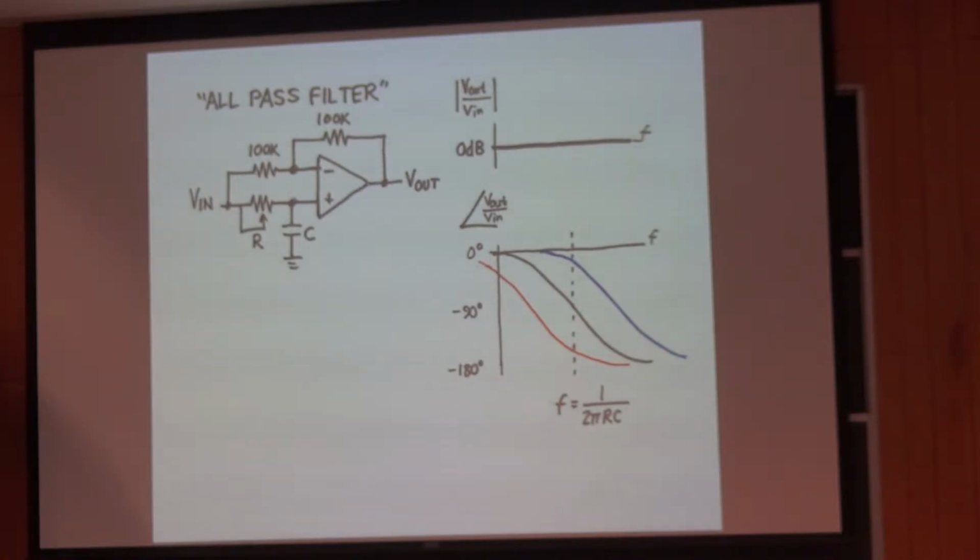So at low frequencies, the gain of 1 path gives us 0 phase shift. As the RC kicks in, we go through some frequency range with roughly minus 90 degree phase shift, and then you end up at minus 180 degrees. So why is this interesting? Well, it's electrical engineering, so it's really not interesting. But